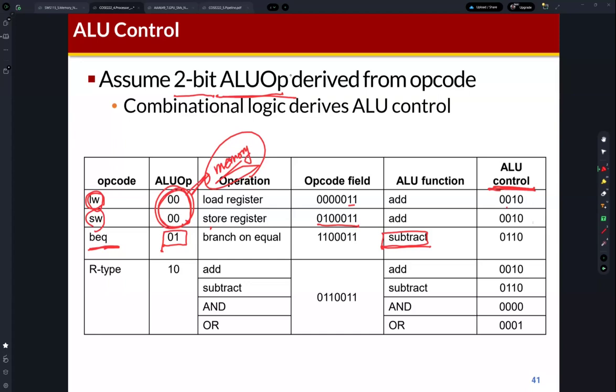Otherwise, if the instruction type is an R-type instruction, then the opcode field is 0110011. So in this case, if we just check the opcode field of an instruction, and the opcode field is 0110011, then we can figure out, oh, this instruction is an R-type instruction. So in this case, we can just set the ALOP to 10. So firstly, we can classify